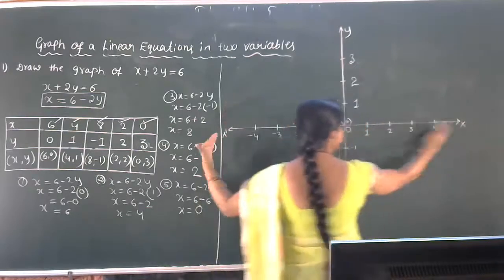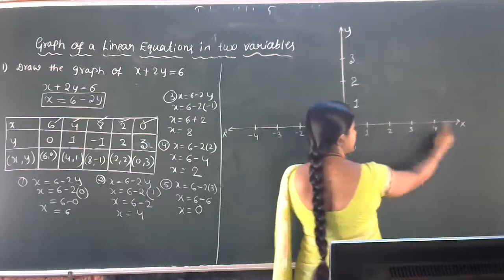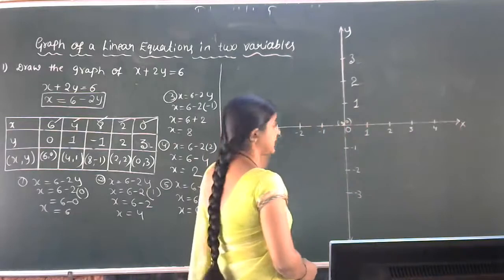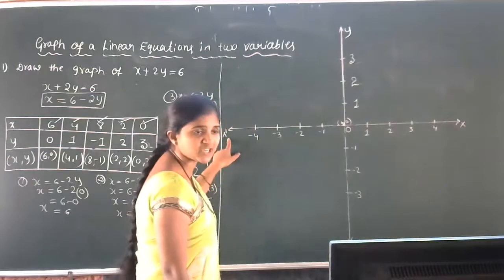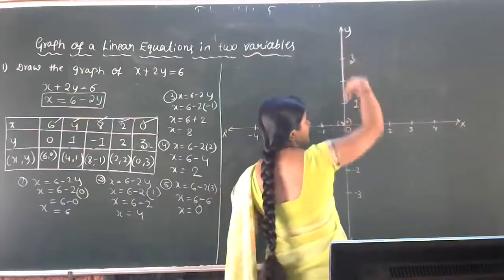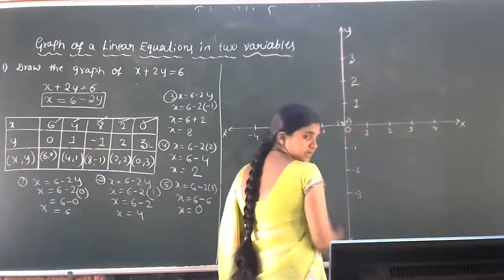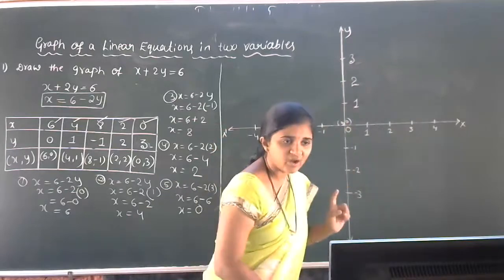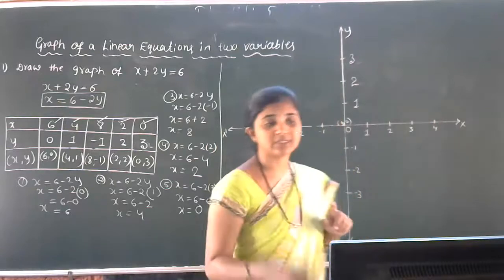Now, this horizontal line's name is the x-axis, this vertical line's name is the y-axis. On the right hand side, this is the positive direction, positive x-axis, and on the left hand side it is the negative x-axis. So that's why this is x, and this negative side is x dash, the inverse of x. Then the top of the axis is the positive side, that is y. Then downwards it's the reverse, the negative side, that is y dash. x dash, y dash. Got the idea of this now? So actually you have to take 1 centimeter markings. You have to work this out on graph paper.